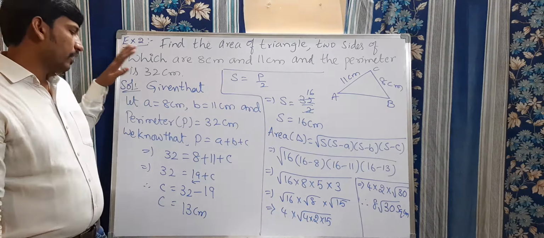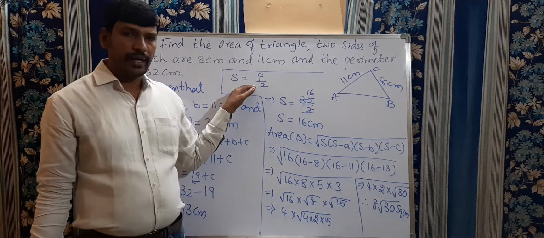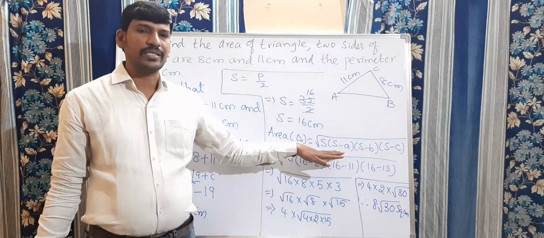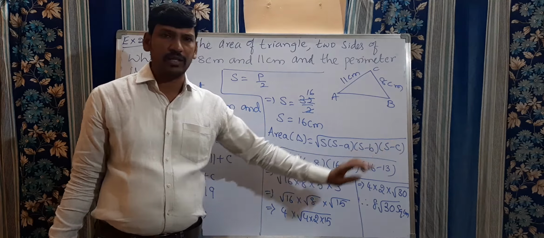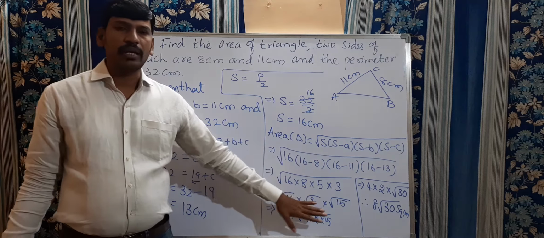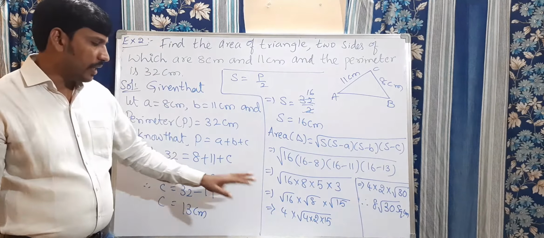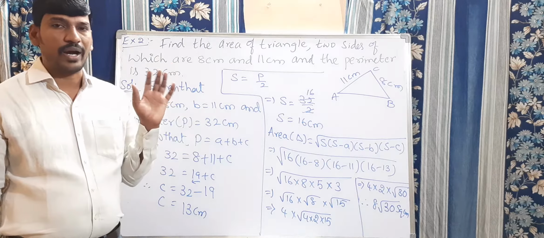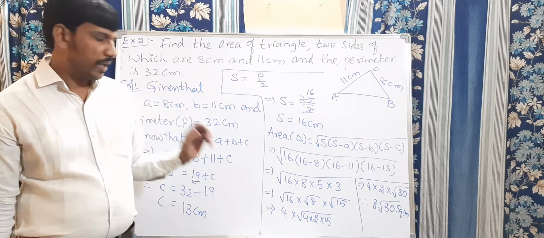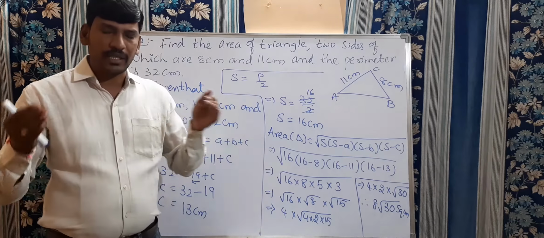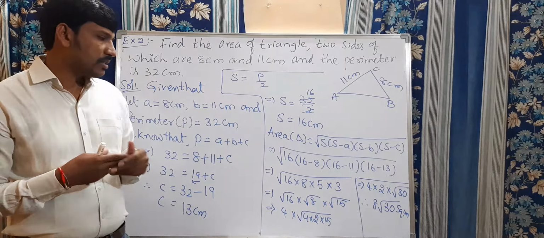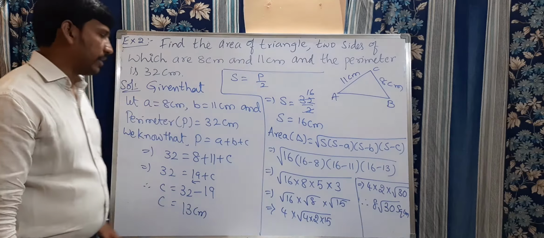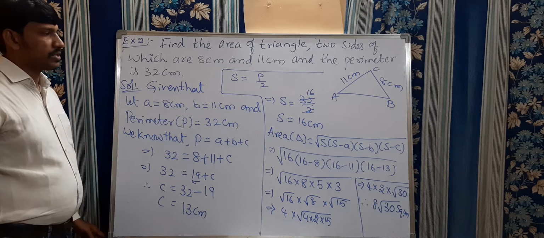This is the process to follow when they give two sides and the perimeter of a triangle. Find out the third side, after that find the semi-perimeter, then substitute the values in the formula, that is square root of s into s minus a into s minus b into s minus c. Substitute, simplify, you will get the values. Clear? Now here you have to be perfect in square roots. Already last year we discussed squares and square roots. Okay? You have to split each and every value in such a way as to get the square root. Is this clear, my dears? The answer is 8 root 30 square centimeters. Is this clear, my dears? Please copy this.